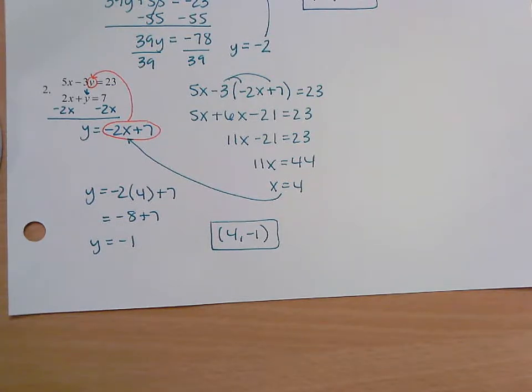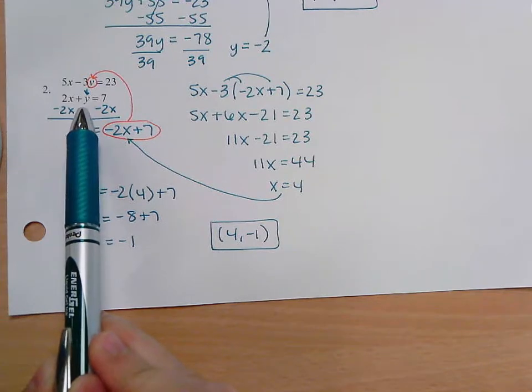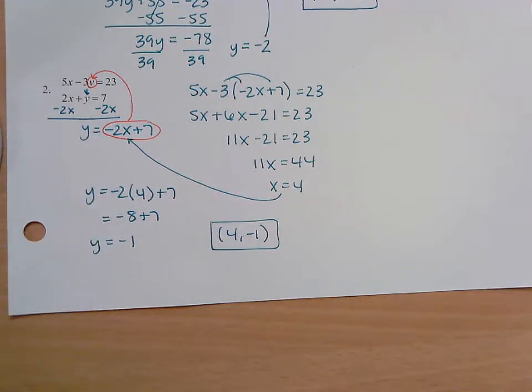It does not matter which variable you solve for, either x or y in either equation. Again, I usually look for the variable that has a coefficient of 1 or negative 1, if there is one, because that's the easiest to solve for, but some of you did not solve for that one. You should still get the same answer as long as your work is all correct. Make sure, though,